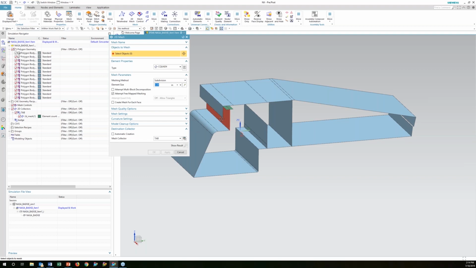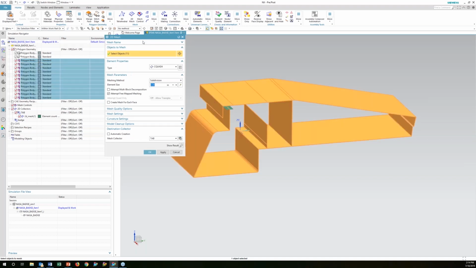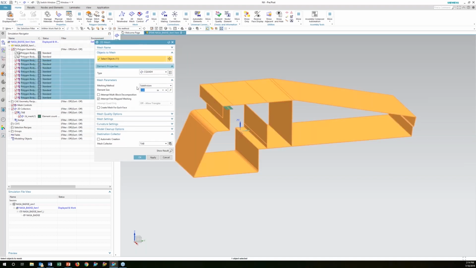So you can select it in the window. I can hide this piece of geometry. I can select them over here. I can box select within the window. It's a matter of preference of how you want to select these entities. And these ones, I just want to make sure that they are the other